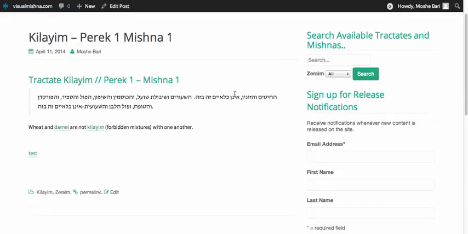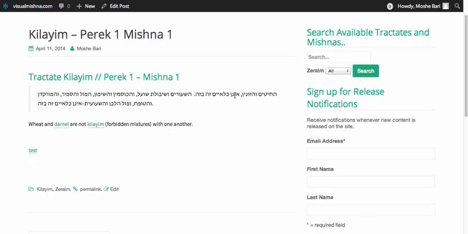So, the first thing I'm going to start off with is the new feature called the glossary, the tooltip glossary. So many times in Mishna you'll have a term like a measurement, an amount. For instance, in kilayim, the word kilayim, you'll have a word that repeats itself throughout Mishnayos, and obviously not everybody knows these terms, not everybody knows the measurements, so you might want to add a definition, but you don't want to go ahead and in every single Mishnah add that unnecessary shortcode over and over just to make a definition for kilayim. So we've added a feature called the CM Tooltip Glossary, which allows you to add a word, and